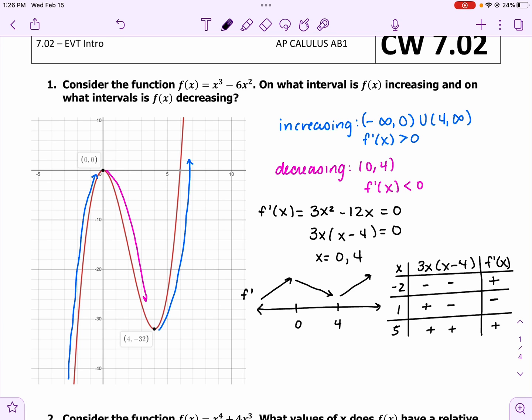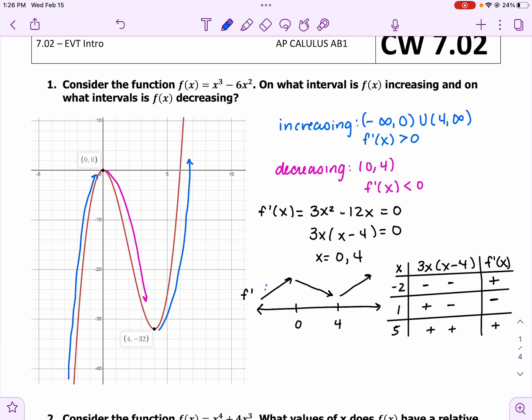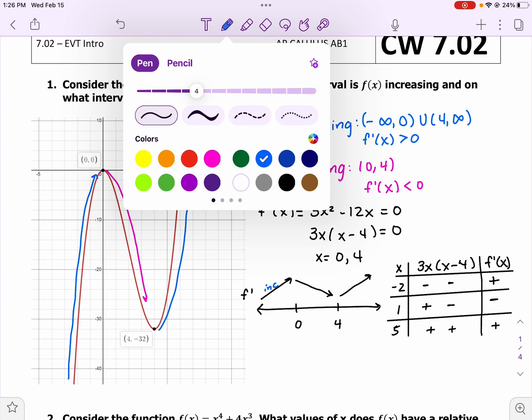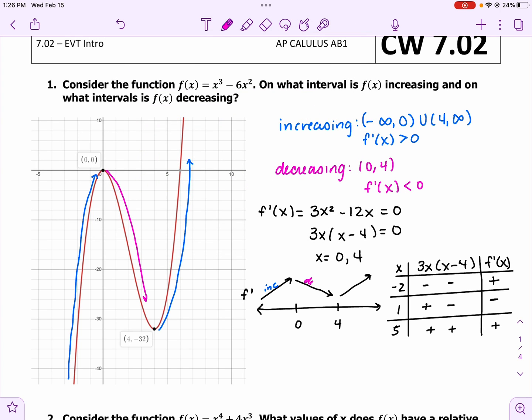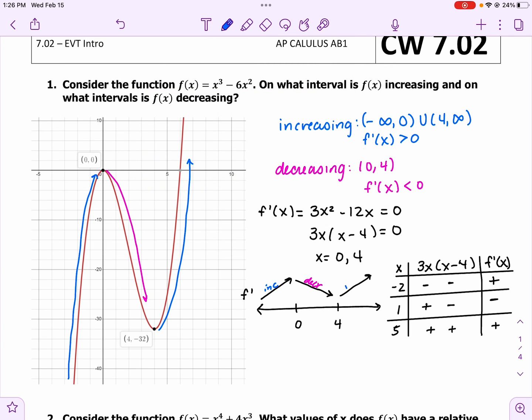So notice we can see that this is where our function is originally increasing, changing over to decreasing, and then we can see that our function is changing back to increasing. And by using this, we can also see where there are relative maxes and relative mins. Notice here, there would be a relative max, right? And when we have a relative max,